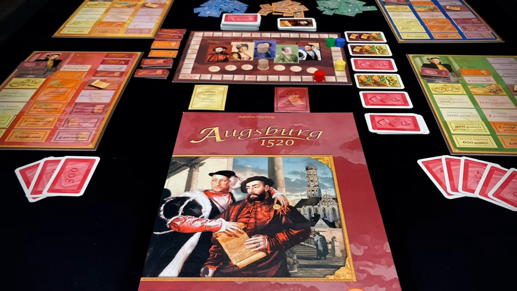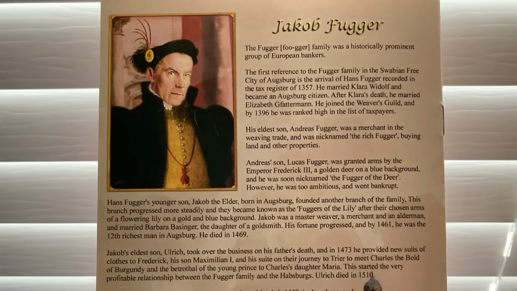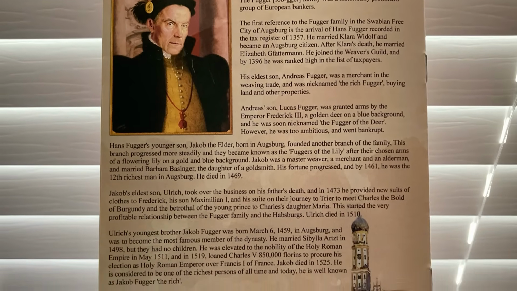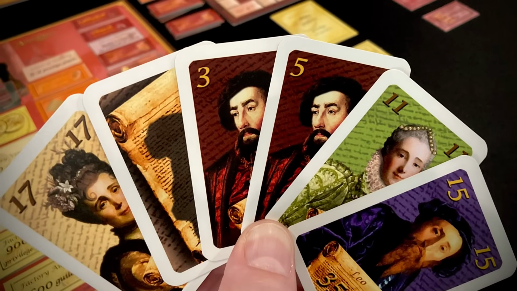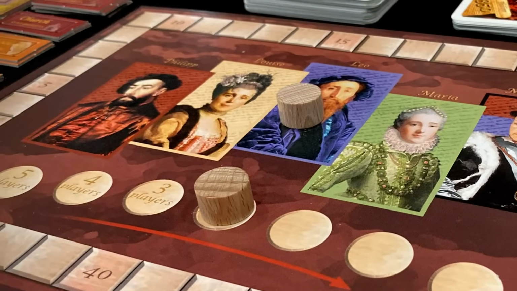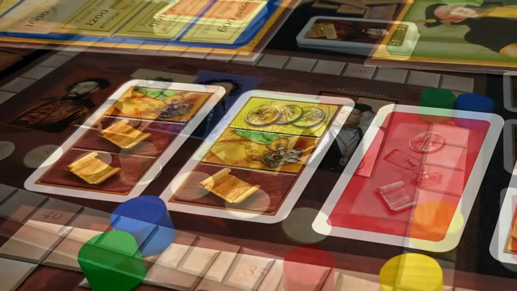So what is this game all about? Well, I don't want to go too much into the theme. There's a whole history lesson on the back of the rulebook, but it's centered around a man named Jacob Fugger, who is regarded as one of the richest people ever, who I guess loaned money to nobles in exchange for privileges. Each round, players will use their cards to make offers to these nobles, and it uses a really neat auction mechanism, which I'll get into in the video, but the highest bidder at the table gets to win 2